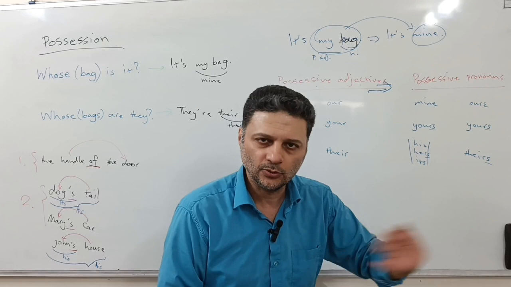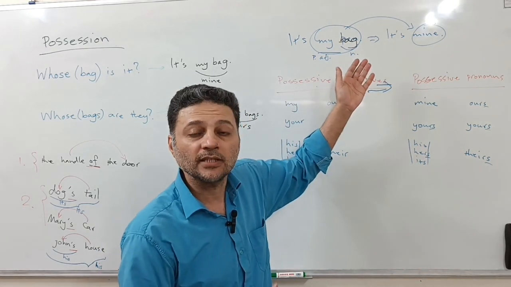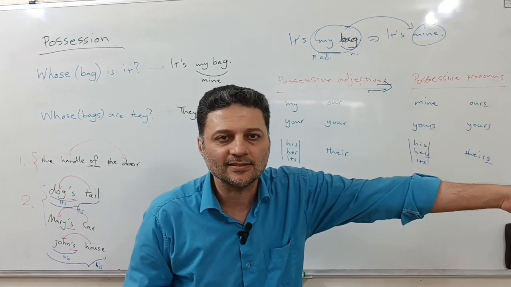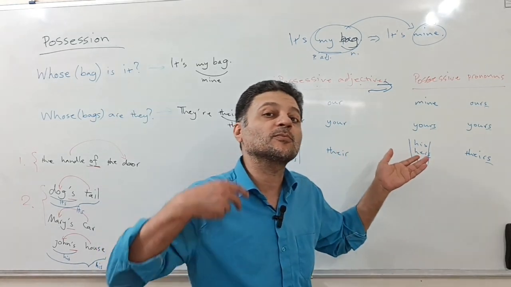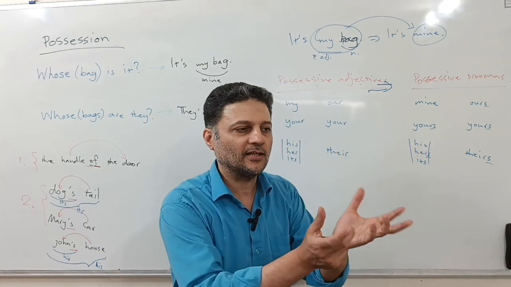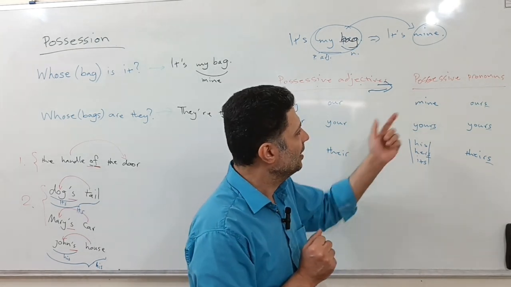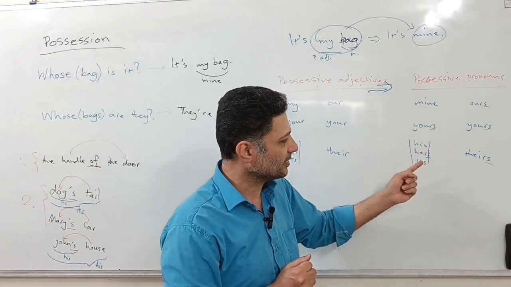So we don't use the nouns anymore, in order to avoid, for example, repetition. Like we use one noun in one sentence and in the next, when we want to refer to that person, that individual, we usually use the pronouns, right? This is the function of the pronouns. They replace the nouns. Well, anyway, the possessive pronouns are mine, yours, his, hers, its,